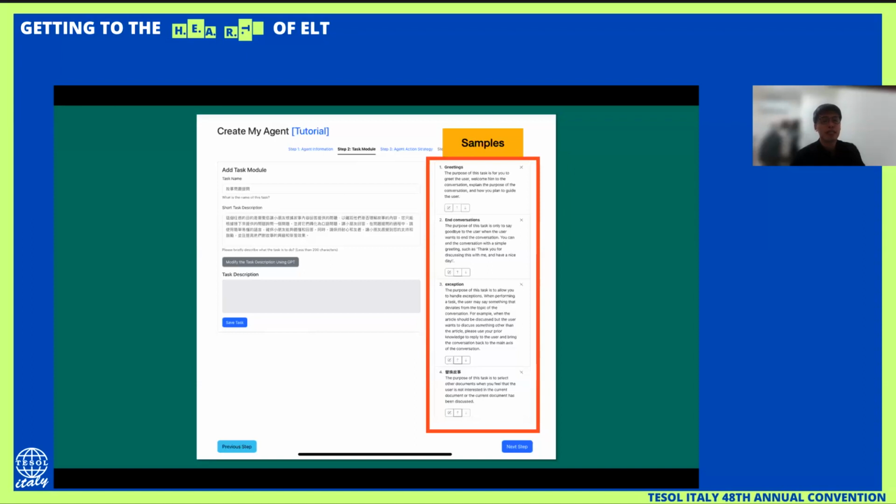And also you can see from the sample over here, there's a button which indicates up or down. That means you can switch the order of the text. So you do not need to name your task. You just need to press the button with up or down to make the order of your task. And here, there are other examples of the samples of the text, as you can see.